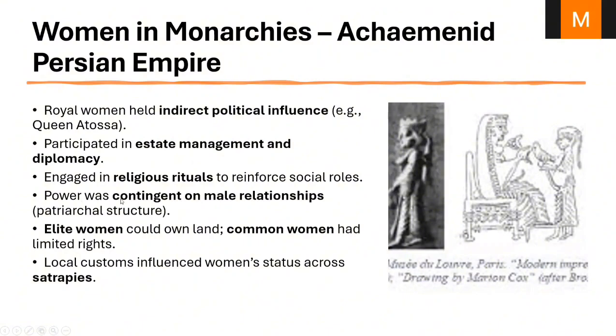However, it's important to note that their power was contingent on their relationship to male rulers. This reflects the patriarchal nature of Achaemenid society, as we can discuss in the fourth point. Now let's move on to the fifth one. While elite women enjoyed privileges such as land ownership and economic control, common women had far fewer rights and social mobility. And lastly, the vastness of the Persian Empire meant